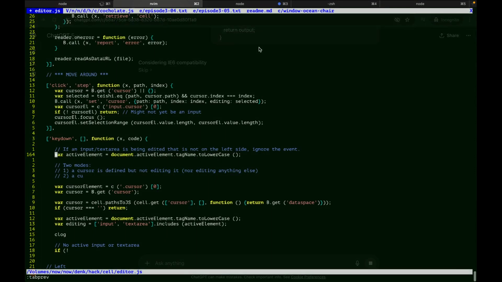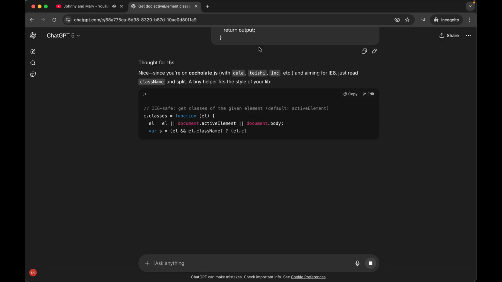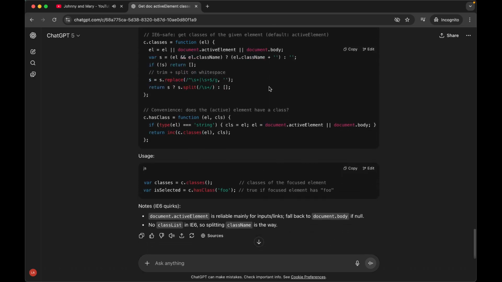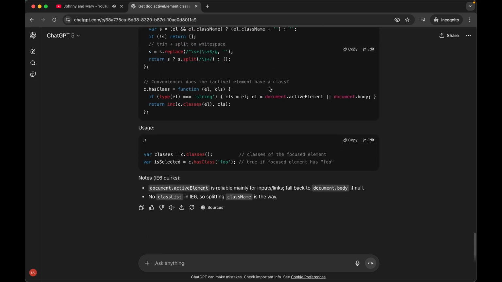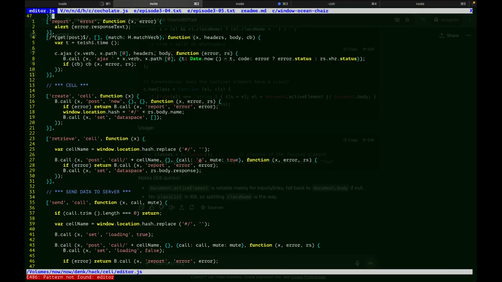Actually, a better way to do it is to take the editor here. Well, this was a refactoring session. I didn't expect that. Man, it's just hallucinating. What do I need to do? I need to